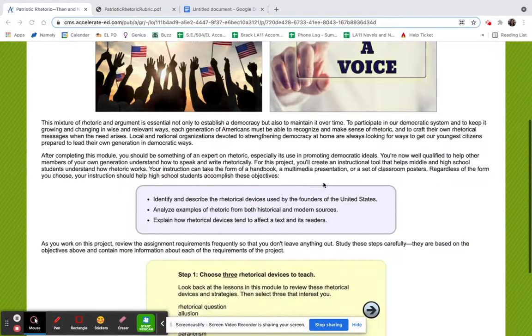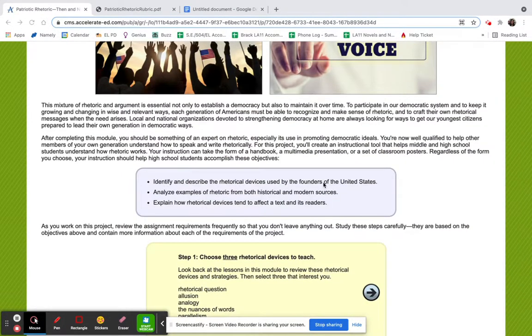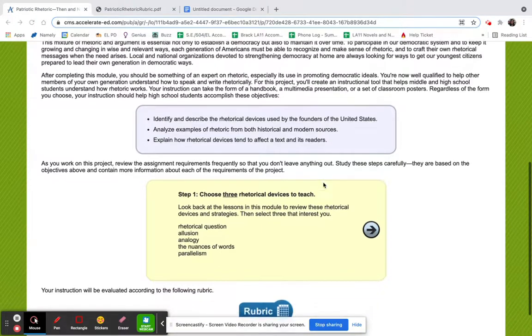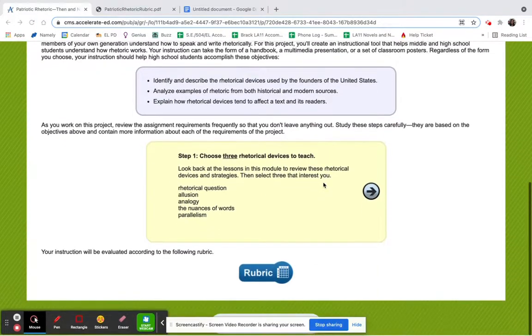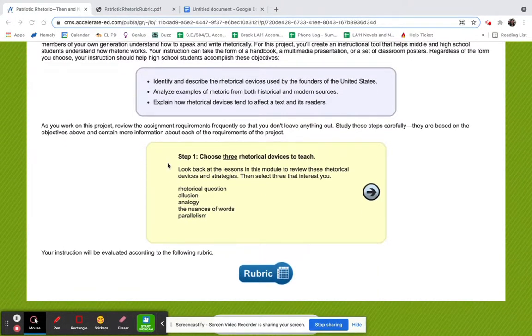For this assignment, you will be creating a poster where you are highlighting one rhetorical device that we learned about in the module. So, let's take a look at it. Down here in step 1, it says to choose 3 rhetorical devices. You are actually going to just choose one. Just one. If you would like to do more, you're absolutely welcome to do that, but you will only be graded on one of them. Okay? So you're going to choose any one of these from the list,